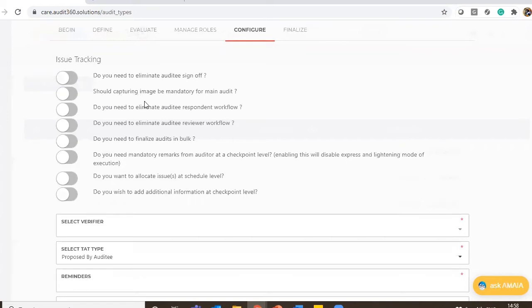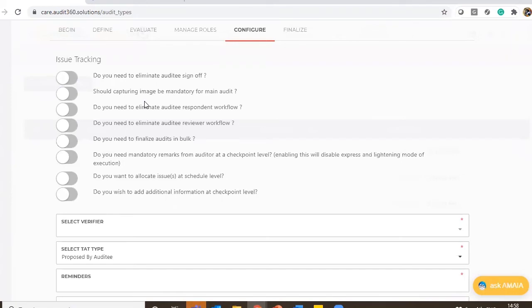If you enable it, once an auditor is executing the audit, if he has not taken any single digital evidence, the system would give a pop-up during submission of the audit stating that digital evidence here is mandatory. So he is asked to take the evidences here.